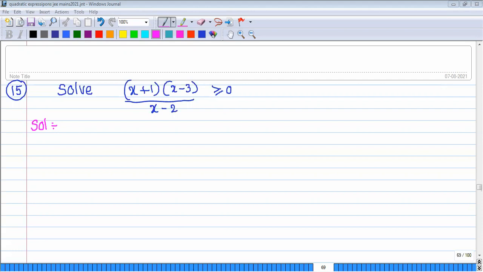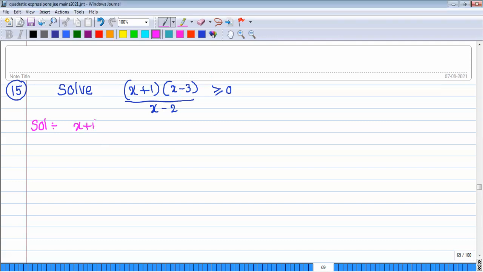Already given here. Actually, for example, if you say y, its range is closed 0 comma infinity. That means now we need to find the x values, for which values of x the expression will always be positive or equal to 0. That we need to find out. It is somewhat of a different problem, right? Okay, but your idea is also correct.